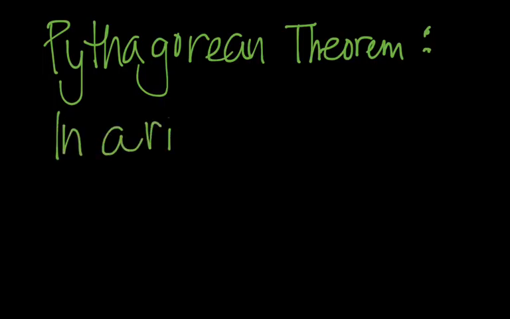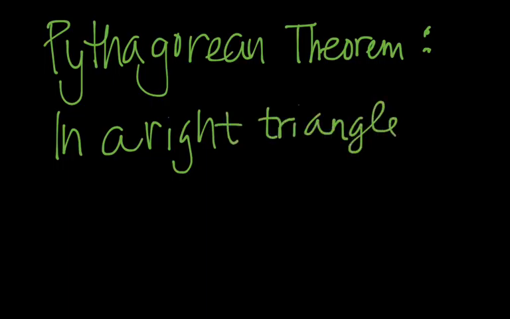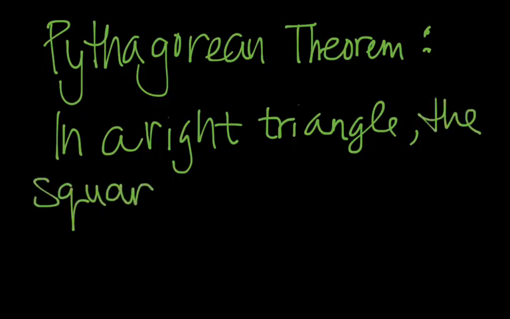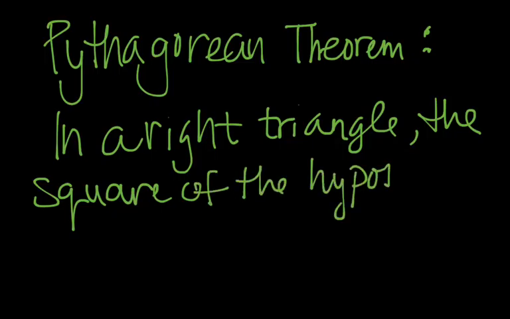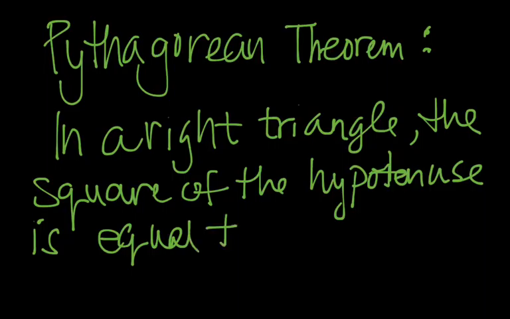In a right triangle, the square of the hypotenuse, so the square of the hypotenuse, this is an E, is equal to the square,